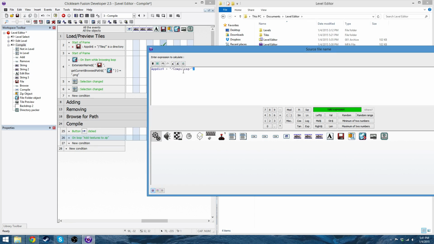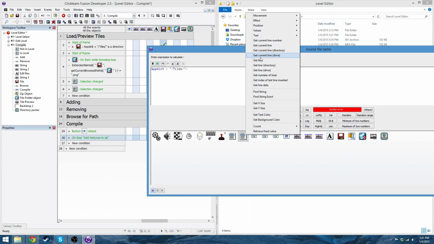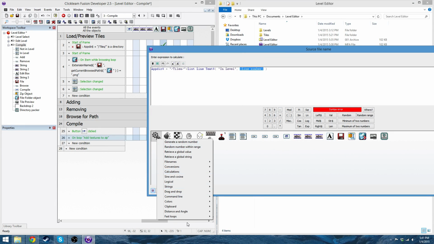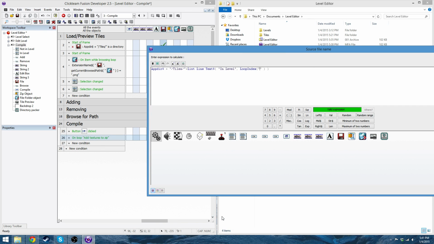Source file is going to be appdir tiles plus get line from in level fast loop get loop index add textures to zip. This plus compiling tiles. Hang on. Tiles slash